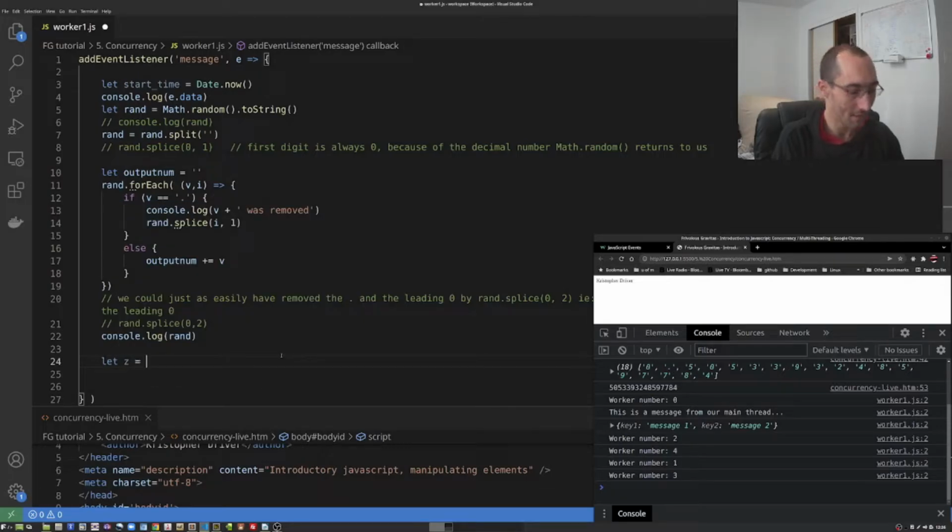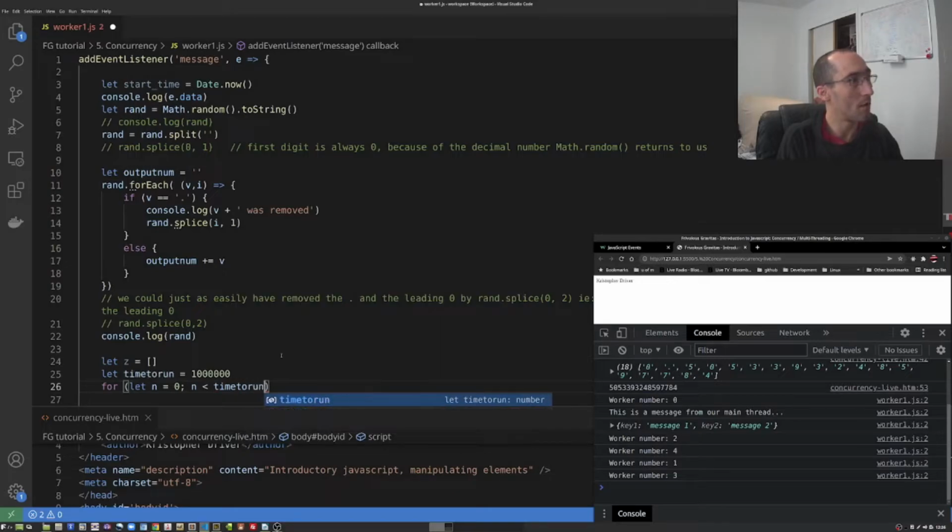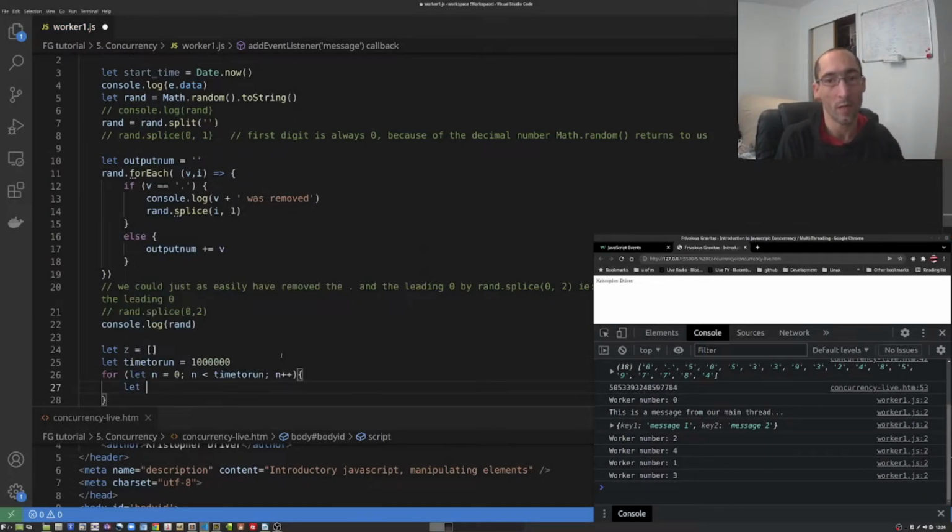But let's start the same way we did before. I'll just create an empty array. Time to run. This time I'll say 1 million. What is that? 1, 2, 3. Yeah, 1 million. And I'm going to have to make another for loop. And for that, I'm just going to say let n equal 0, while n is less than time to run, n plus plus. And then inside that loop, I want to create just a couple variables